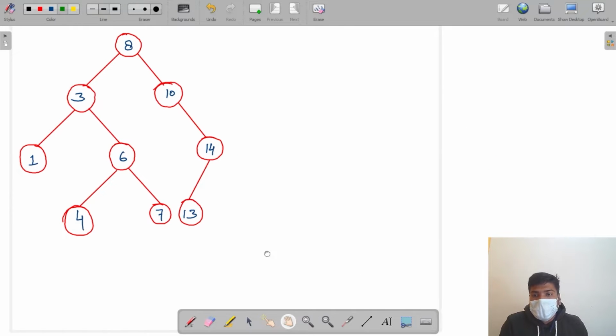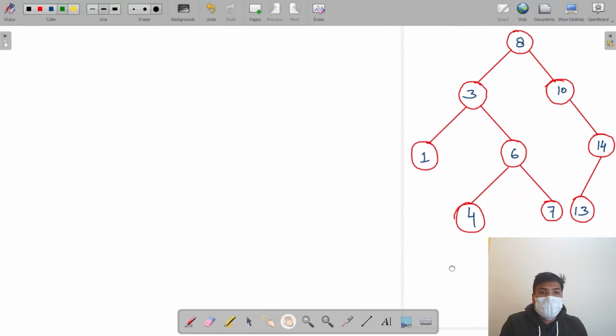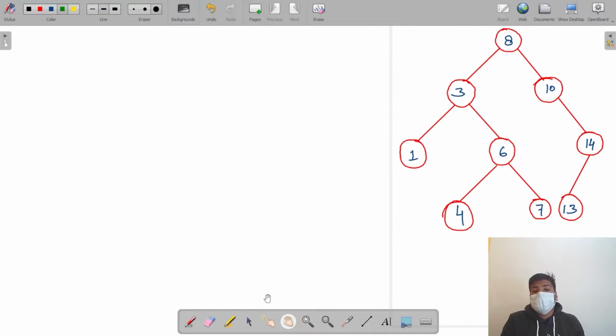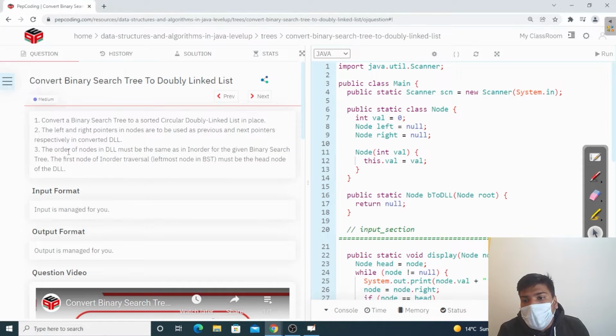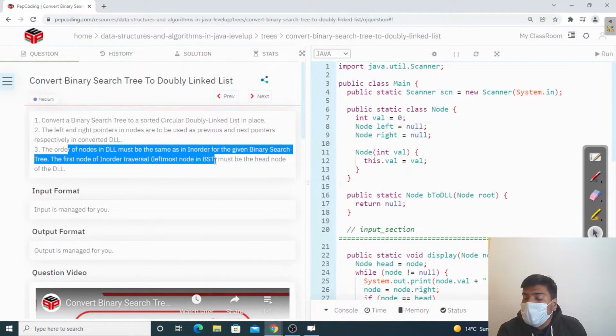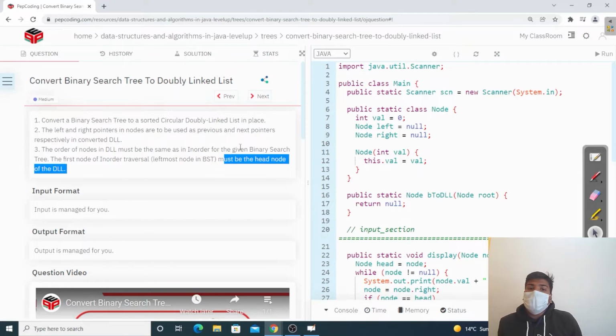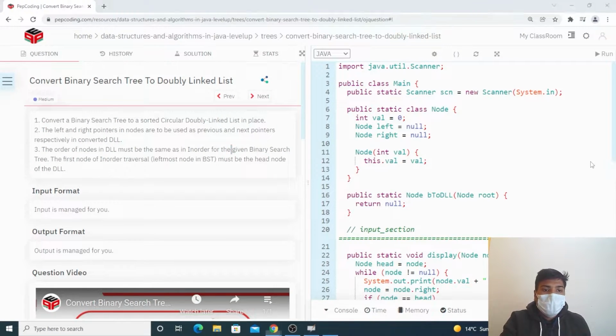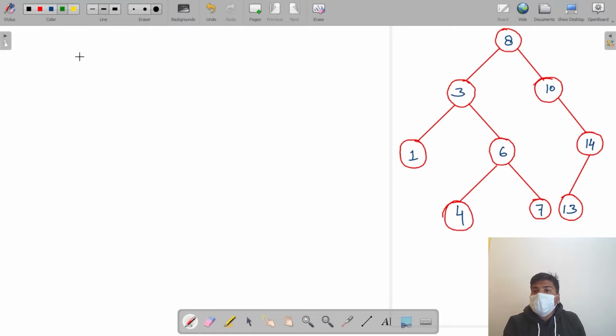Let us move this tree to this side, and we'll try to run this so that we can reach our required answer. One more thing is given in the question: the order of the nodes must be the same as the in order of the binary search tree, and the first node of the in order traversal, that is the leftmost node in the BST, must be the head node. So what it is saying, let's go to the board. It is saying that the order of this doubly circular linked list, see, it is my first node,